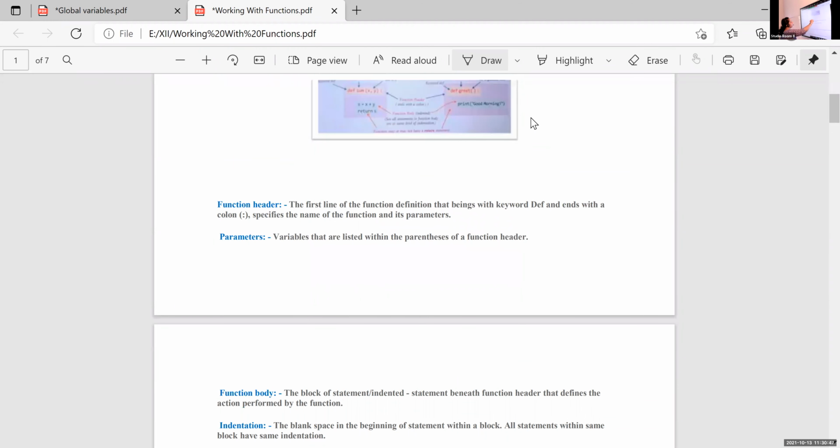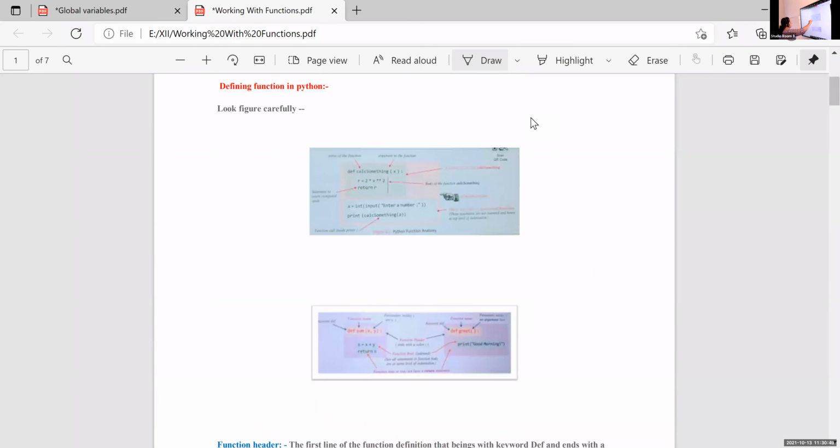Function header is there. Then, which are the different parts for this function, Gauri? Parameter. Function body. Indentation. Function call. Correct, Gauri.